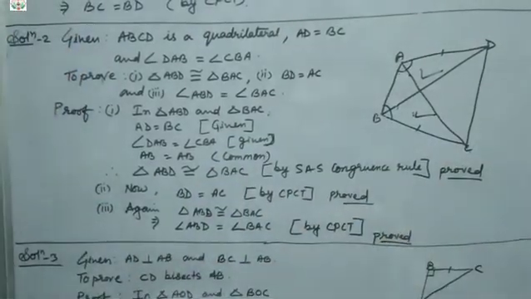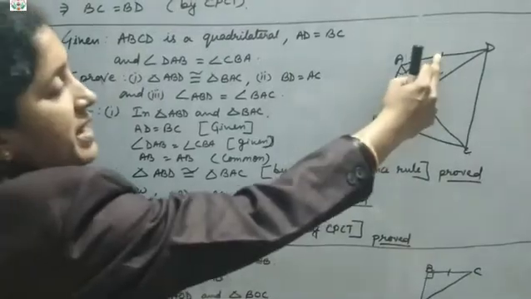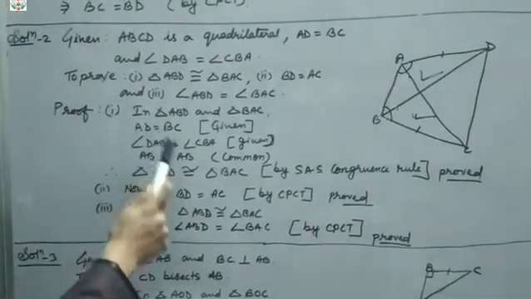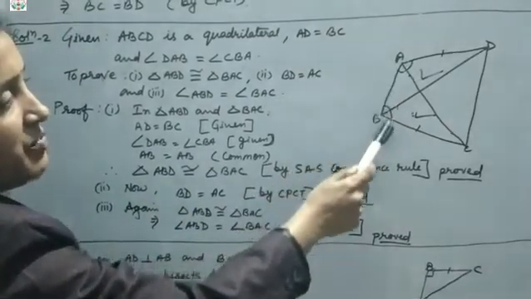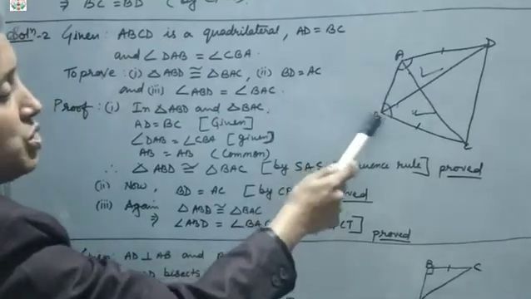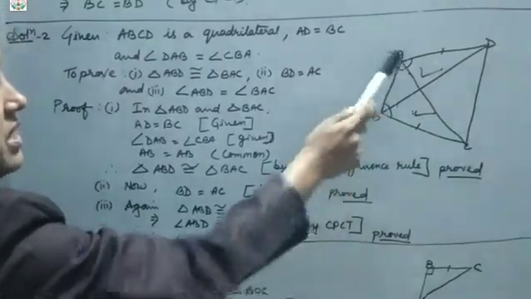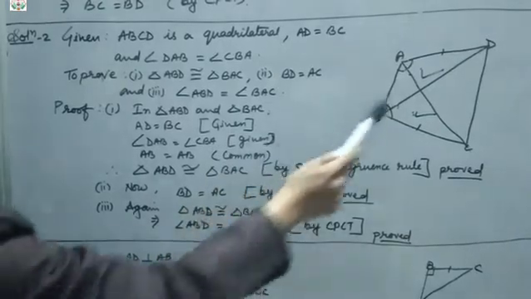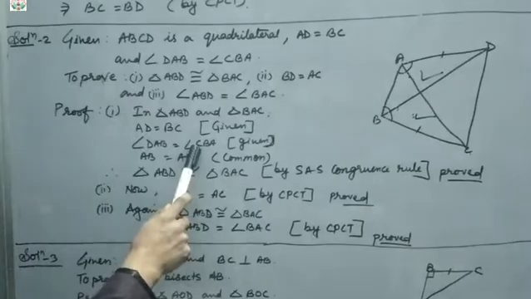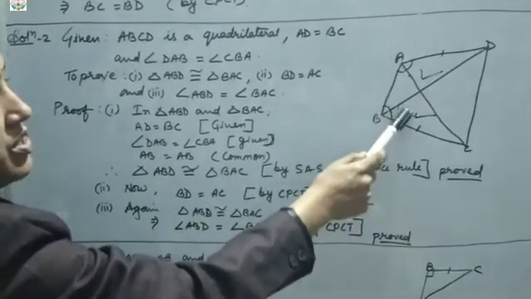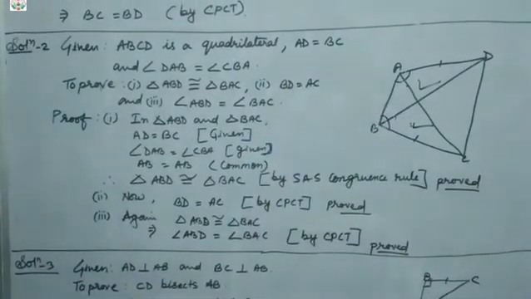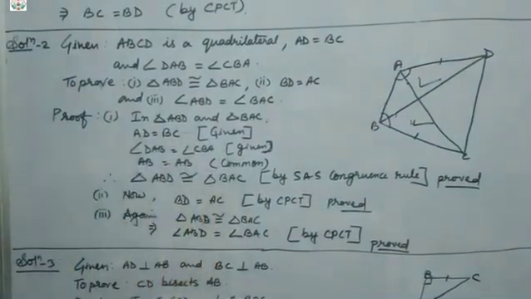Okay, what is given? This side is equal, it is given AD is equal to BC, given in the question itself. And then this angle is given as the same, that is angle DAB is equal to angle CBA. Likewise given, so that is also given here, in the given part. Okay, in the question itself it is given, and AB equals AB. For this triangle also AB is there, for this triangle also AB is there. Is it not? So AB equals AB, common.